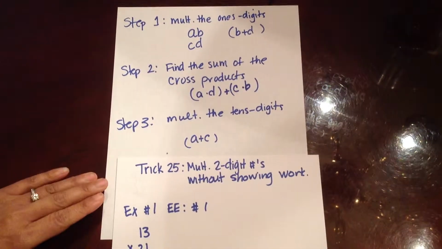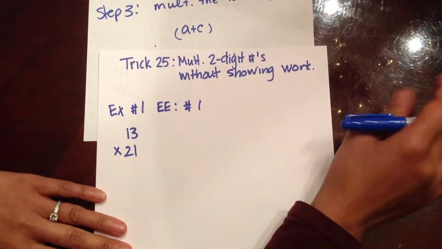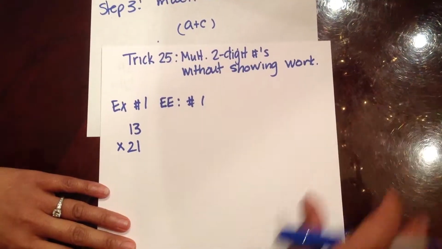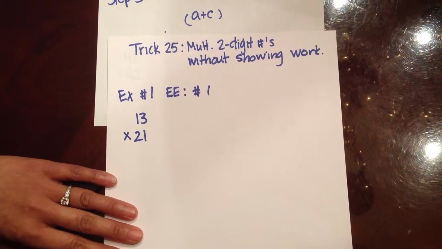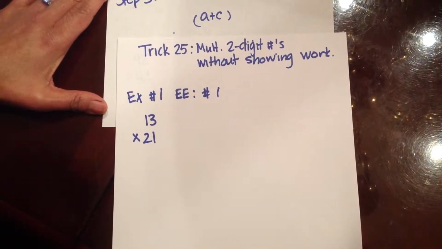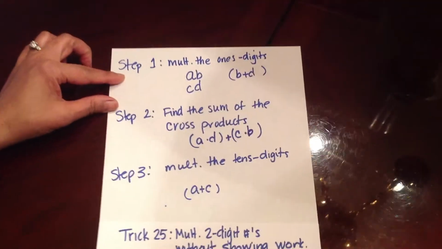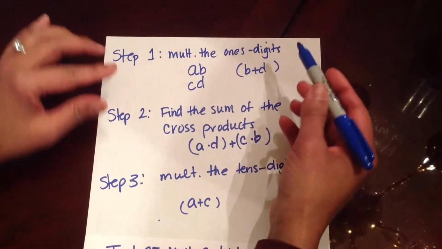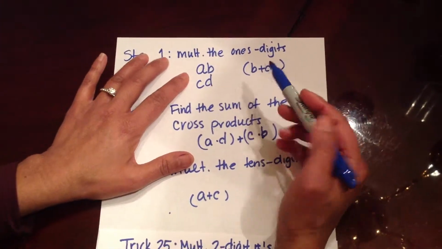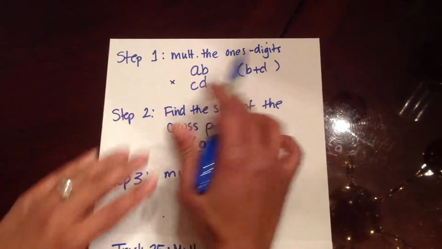The last trick that I'm going to show you is how to multiply two digits without showing work. However, I think that there needs to be some work that needs to be shown. But I'm going to go through the steps first. Step 1, you would multiply the ones digit. I would probably show this to my students, and this is a two-digit number times a two-digit number, and then